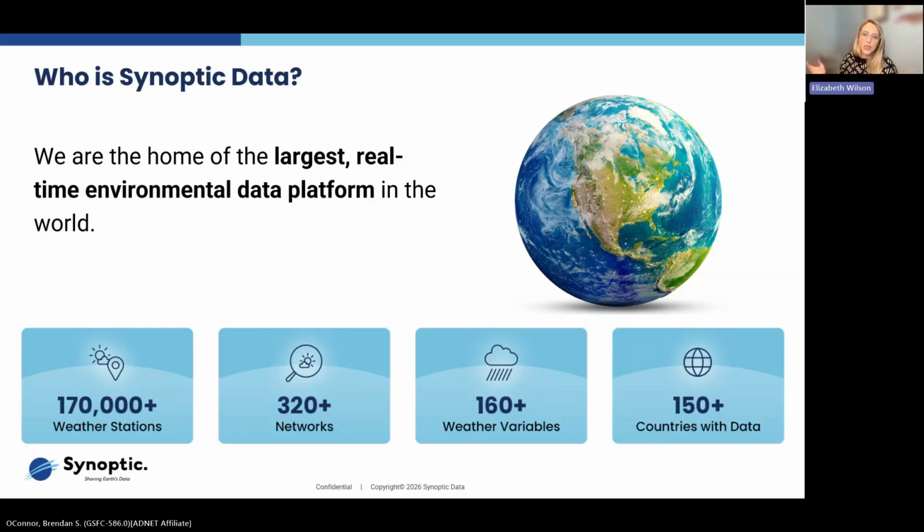So our goal is to aggregate all kinds of environmental data into one platform, so users like you can come get the data they need. Researchers, the federal government, international governments, people can come to this one location to get weather and environmental data that they need for daily operations, for research, for really anything. We currently have over 170,000 stations from around the world. That's over 150 countries. There's more than 300 different networks, from air quality to meteorology to oceanography to hydrology. So that is the goal of who Synoptic is. Next slide.